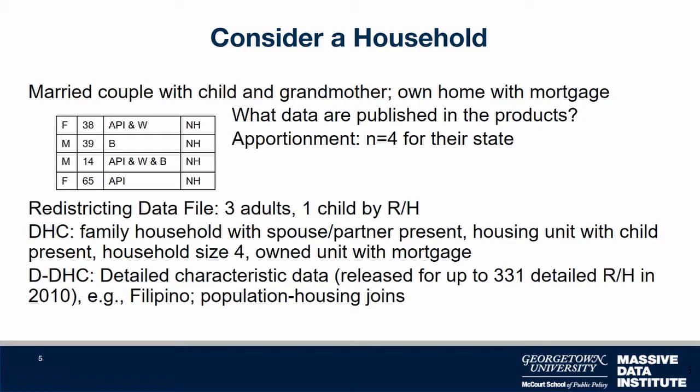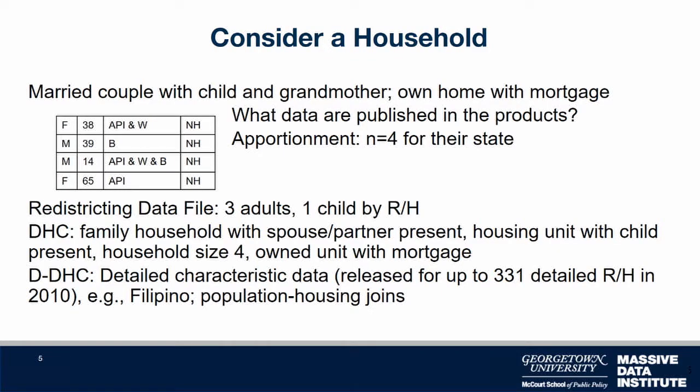So consider a household. This is similar to what Ashwin has already shown you, but my example is trying to tease out what is published in these different data sets. It's a household with a woman who is the head of household, her spouse, their child who's 14 years old, and a grandmother, say the head of household's mother. For apportionment, a count of 4, easy. When you get to the redistricting data file, there were 3 adults and 1 child by their race and Hispanic